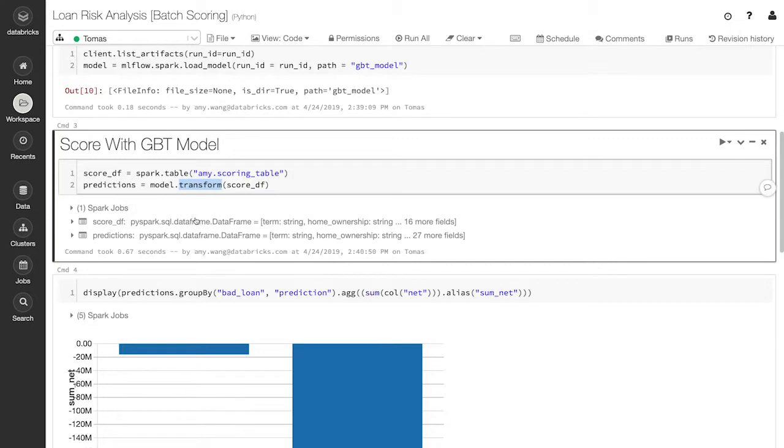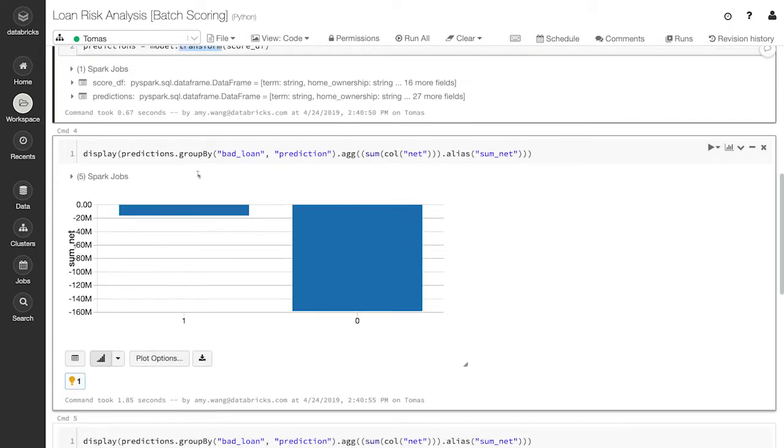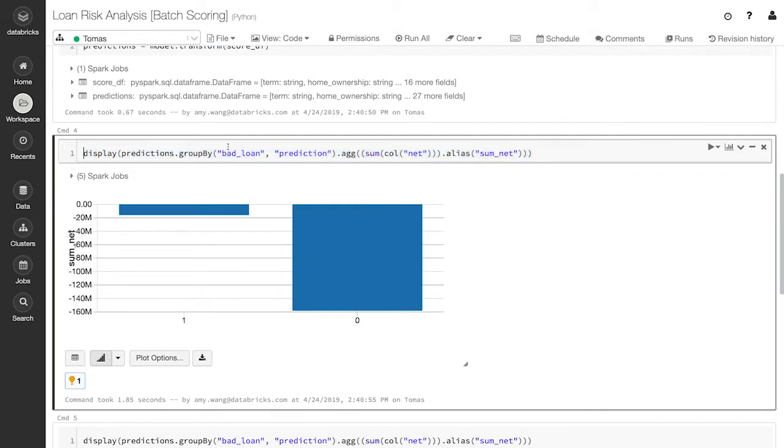And the transformation of that data frame just comes back with a list of predictions, and I'm just going to go in and do a quick group by of the bad loans versus the predictions from the model and calculate what is the amount of money loss or gain from rejecting those bad loans. So in this particular case, we can see that the loss is actually $16 million. So by implementing the algorithm or the model in production, we can actually save borrowers approximately $16 million,